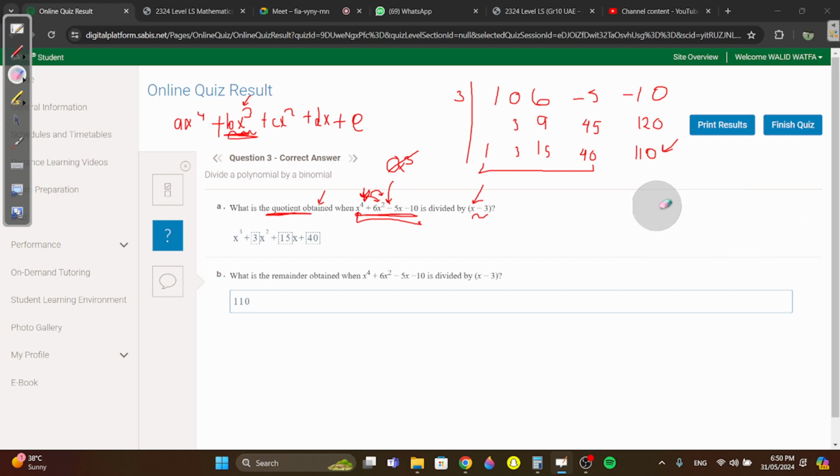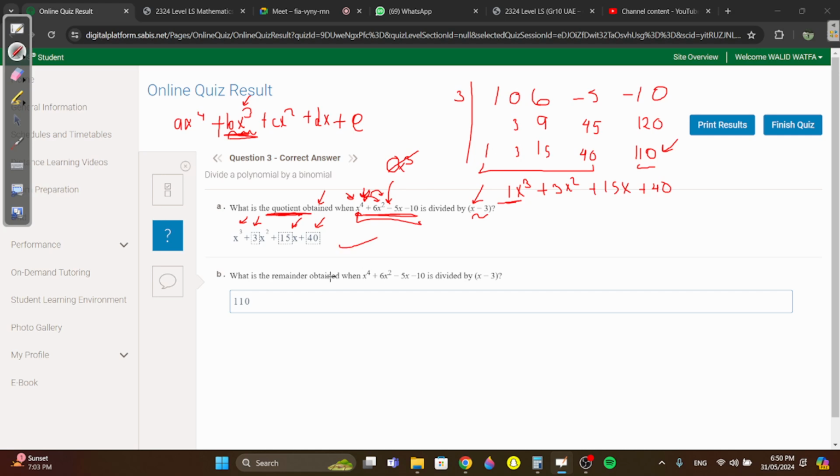So in this case, what's the quotient? It was power 4, so now it should be power 3. So 1x to the power of 3 plus 3x to the power of 2 plus 15x plus 40. We ignore the remainder because they only ask for the quotient. So x to the power of 3 plus 3x to the power of 2 plus 15x plus 40. Please don't write 1x to the power of 3 in your answer, just write x to the power of 3